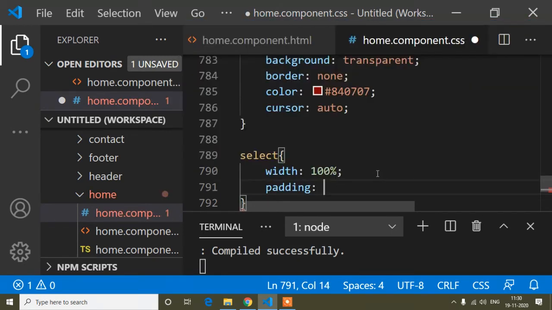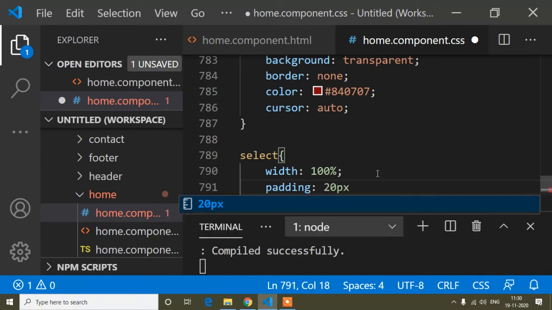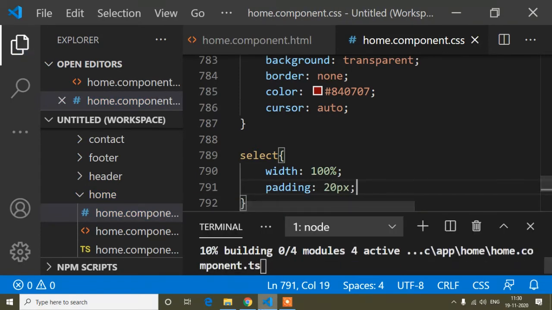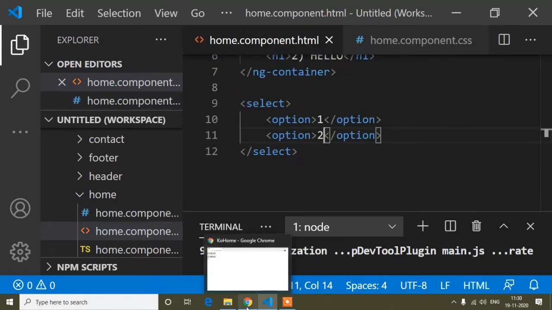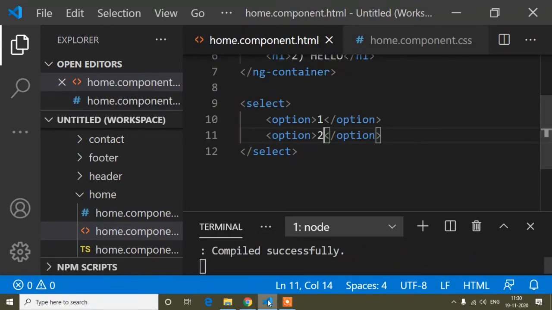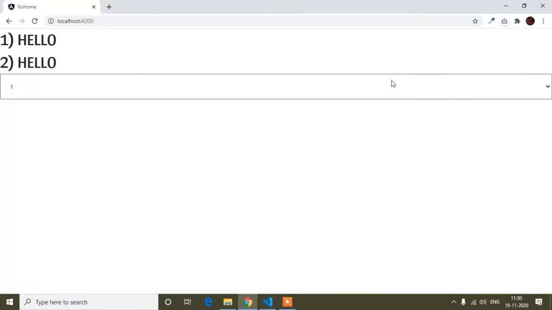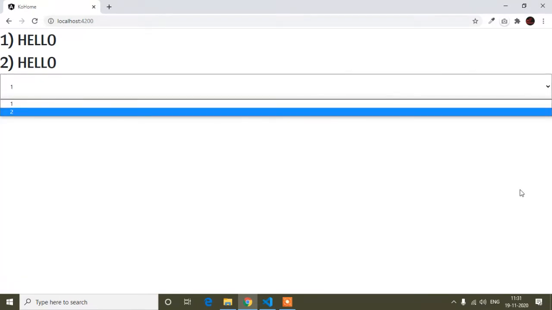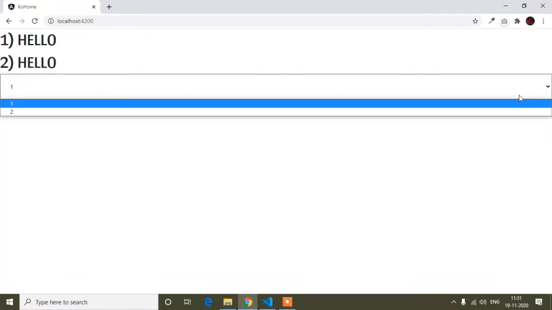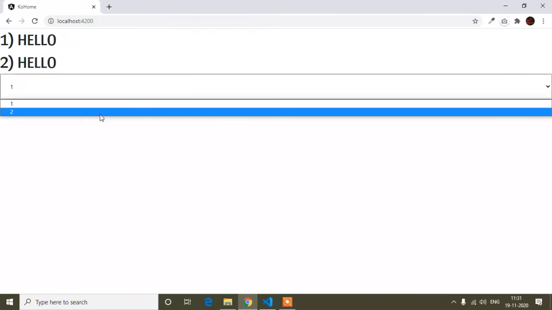So padding is 20 pixels. You can see this is the selector. I know it's not proper styling, but I'm using it just to explain. This is the selector and now it's working perfectly.